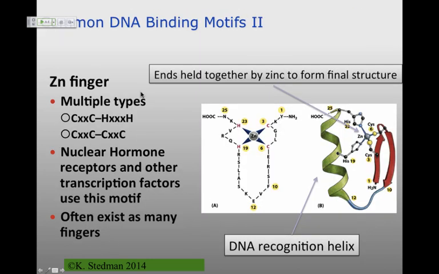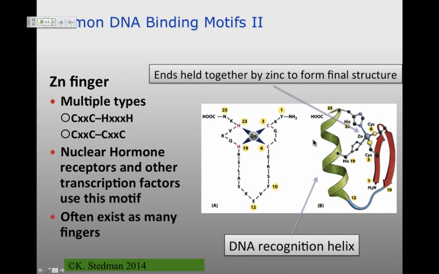There are also so-called zinc finger proteins. These, again, are also having an alpha helix sticking in the major groove of DNA. These are some of the very few DNA binding proteins that you can predict just from looking at the primary sequence that it's going to have a DNA binding motif because it's got 4 amino acid residues, either 4 cysteines or 2 cysteines and 2 histidines, which are actually going to bind to zinc and give this particular structure. And again, it's an alpha helix which sits down in the major groove.